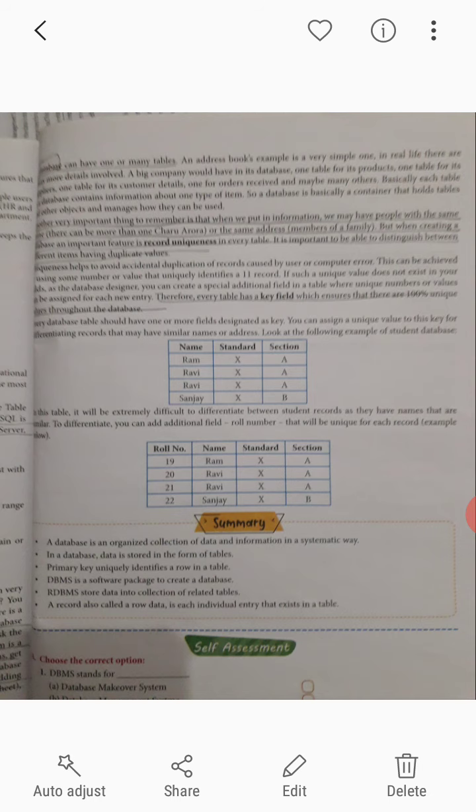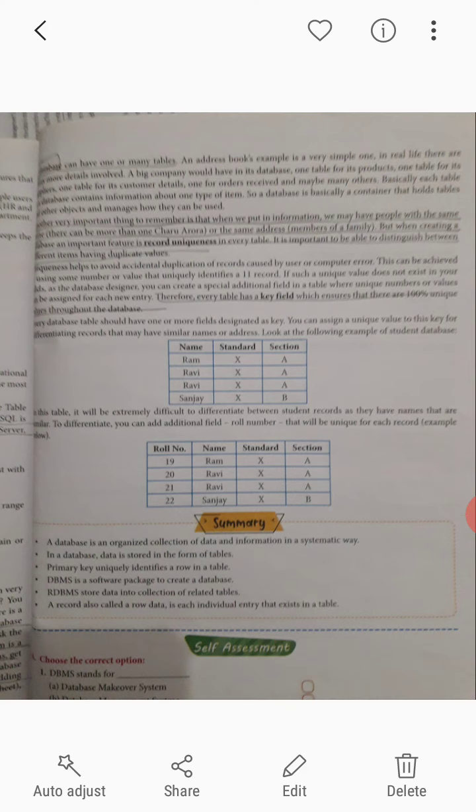Now next is field. A field in a record holds the unique data which identifies the record from all the other records in a file or database. In the field, one more thing is the key field. Key field means especially things like account number, product code, and customer name. Such kinds of things we can call the key field.